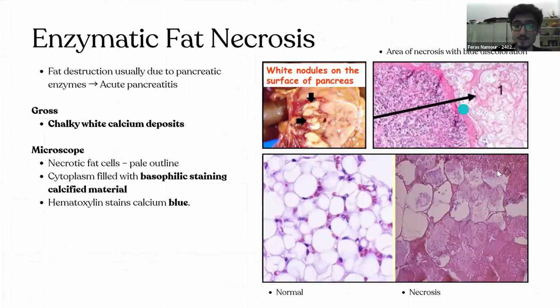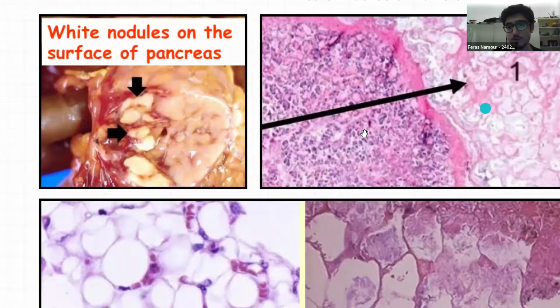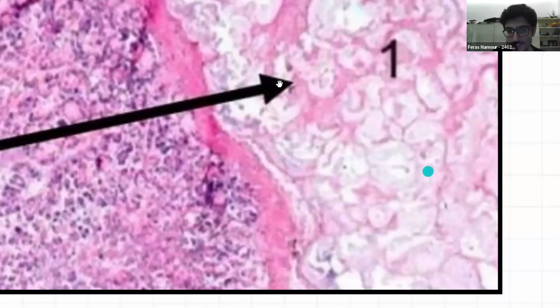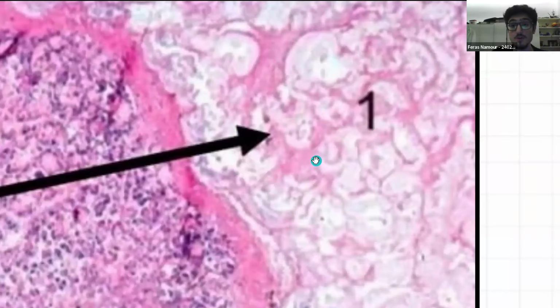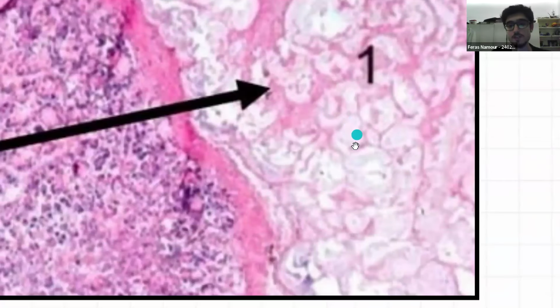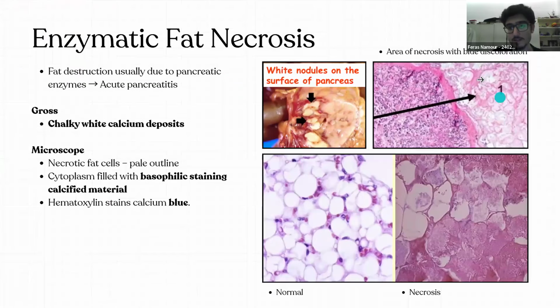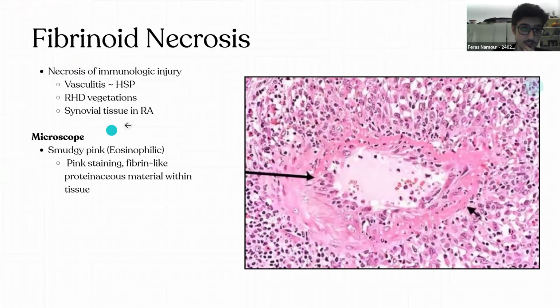And microscopically, as we said, no nucleus, lipid adipocytes, and it stains blue sometimes. There's a basophilic staining going around. So if you look over here, you see this bluish haze. First of all, this is necrotic tissue. Why? No nucleus. Secondly, there's a blue stain, but it's enzymatic probably. And you can see the adipocytes right here. Let's move to fibrinoid necrosis, which is a very simple kind